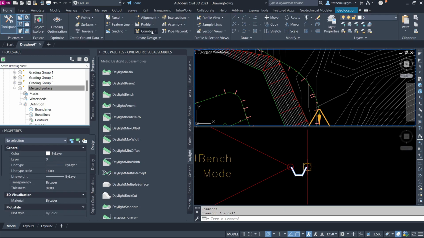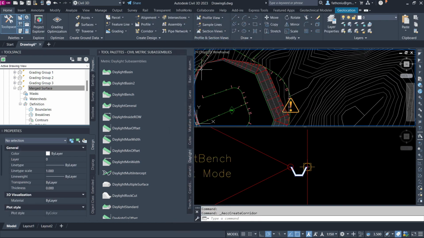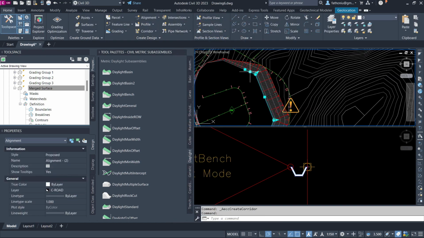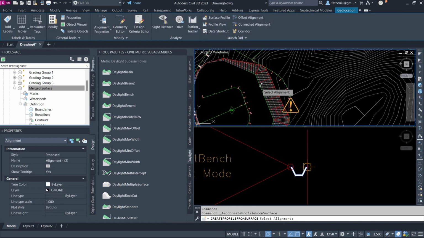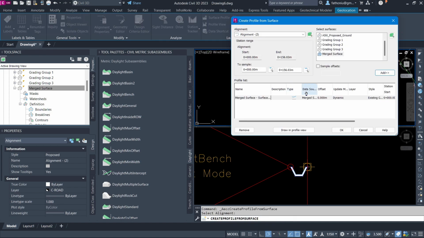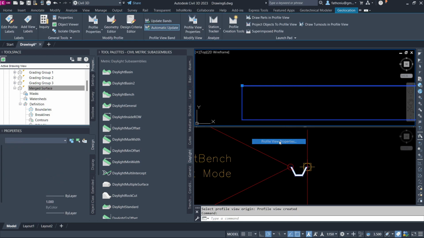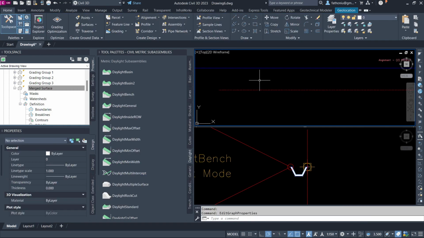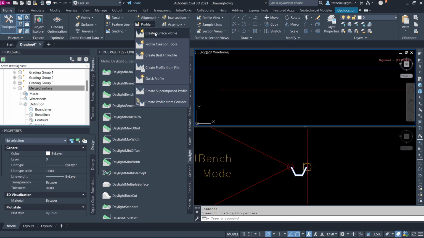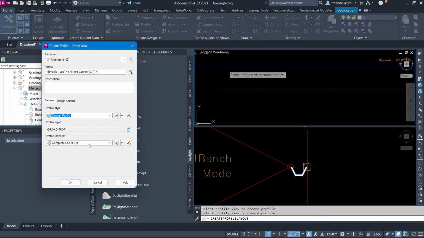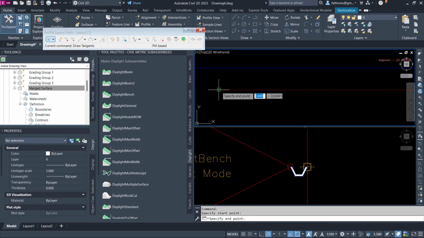Then after that, create the corridor, or before we go for that, we need to have the profile. This alignment, we select, and then merge face 0, about 100. Okay, then draw in profile view, and then for 100, go profile station, auto height start 29. After that we create profile one, design profile, complete label set. Okay, and then start from the starting point, then close.